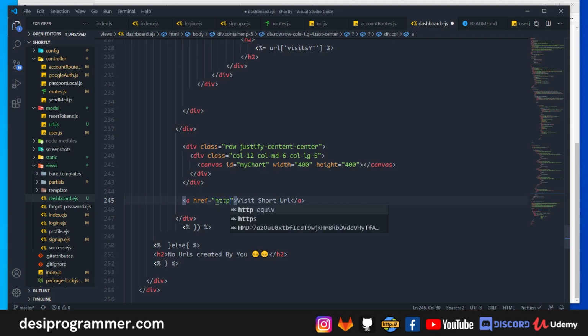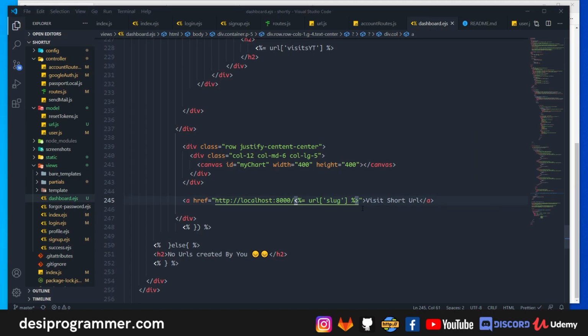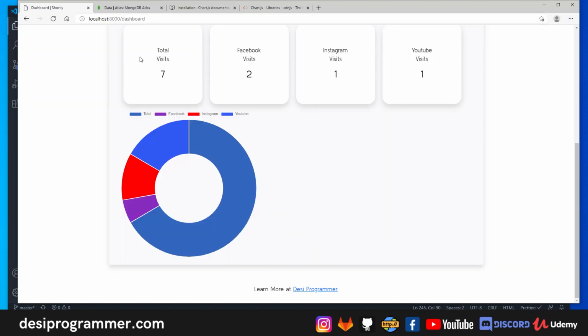Since we have http, it's http://localhost:8000, and then here we have the short slug, which will come from the URL, so URL dot slug. Now I have to give this classes to look like a button, so btn and btn-primary. This should make sense. Okay, if you refresh now,